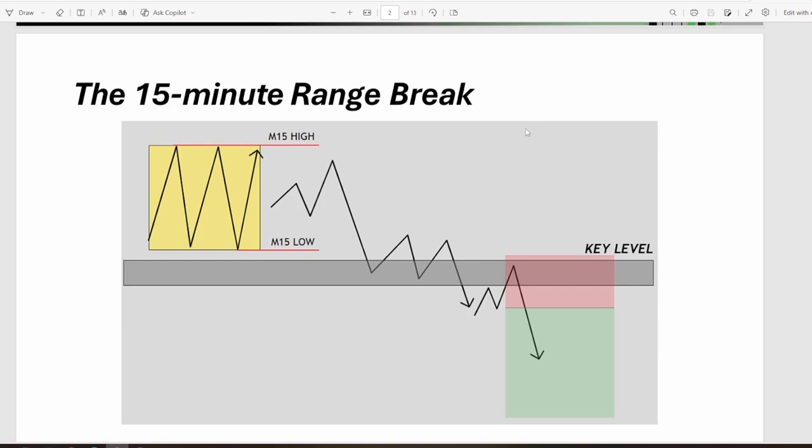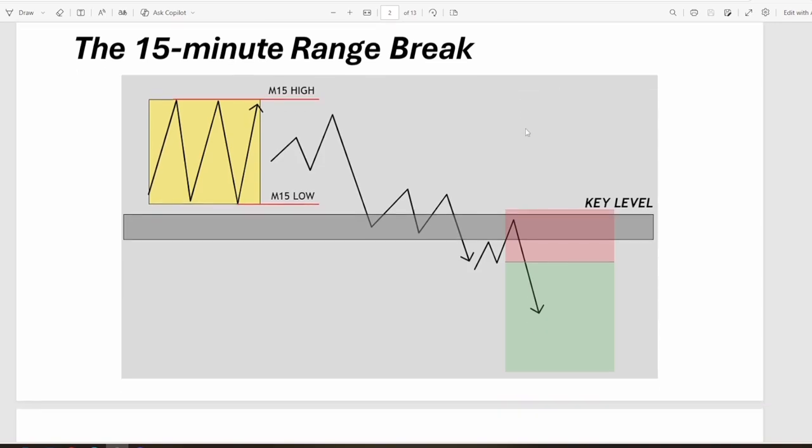And so on the 15-minute time frame, I'm looking for a 15-minute range break with a key level. So the reason why I call it a range break is because I don't want traders to confuse this with the ORB, right? So this is not